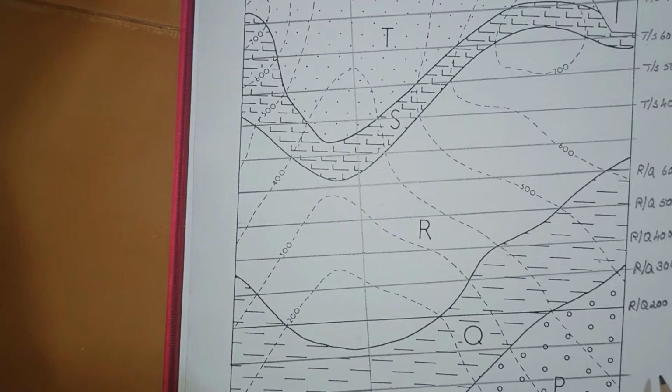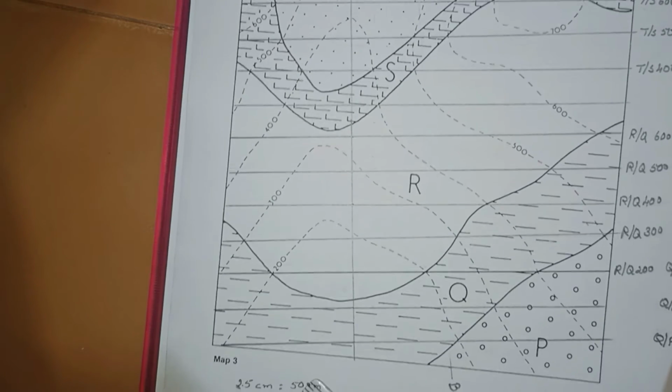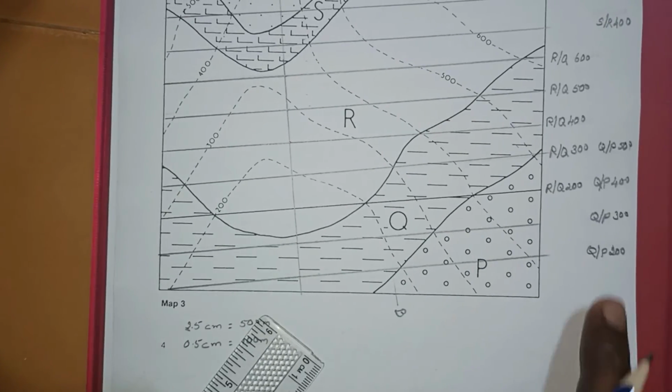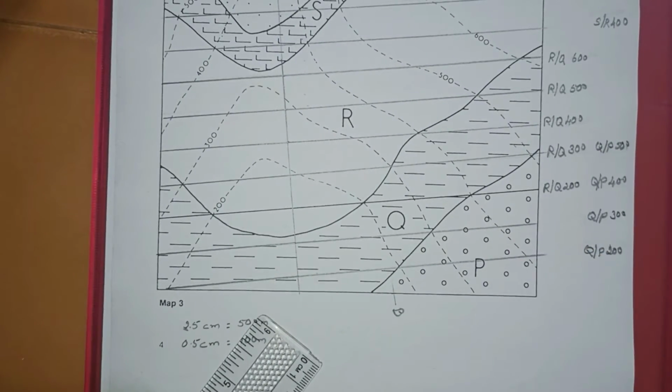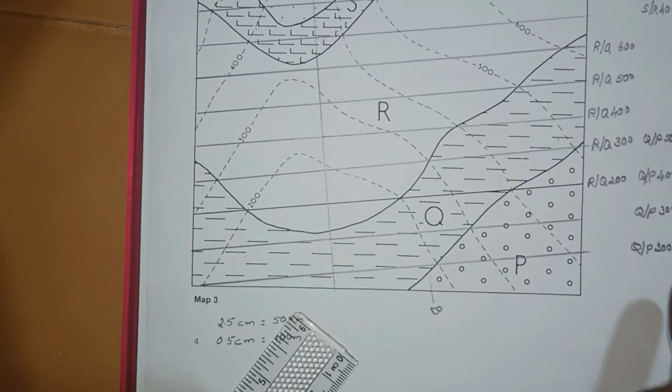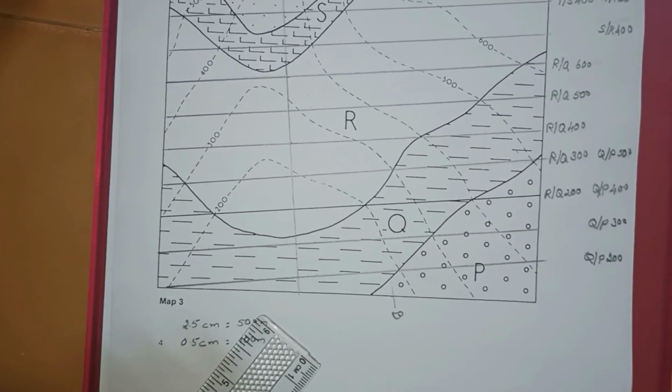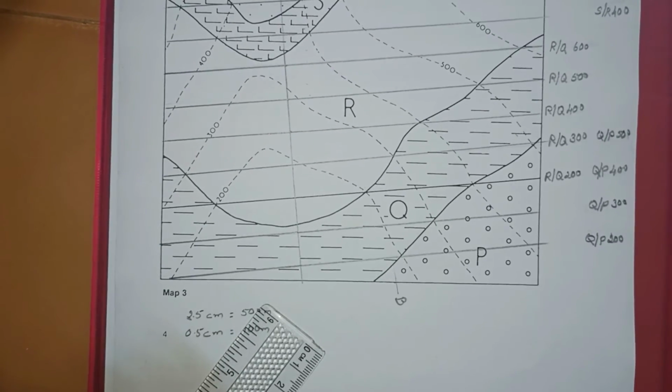$300, and this one's 200. So you can see this. So I have given all the values. I have found out the values and noted them down here. Okay, now the map is ready for